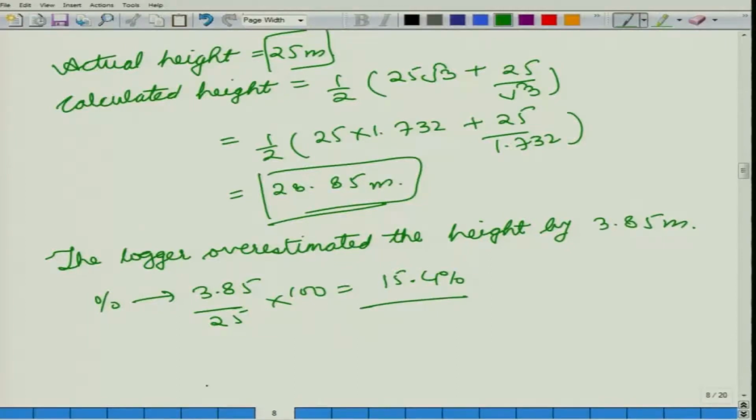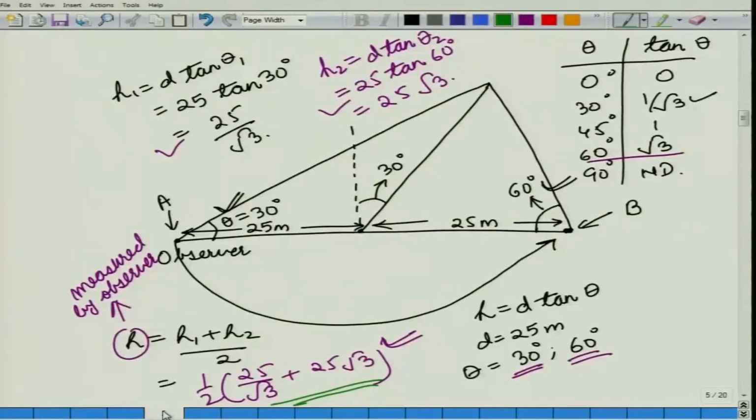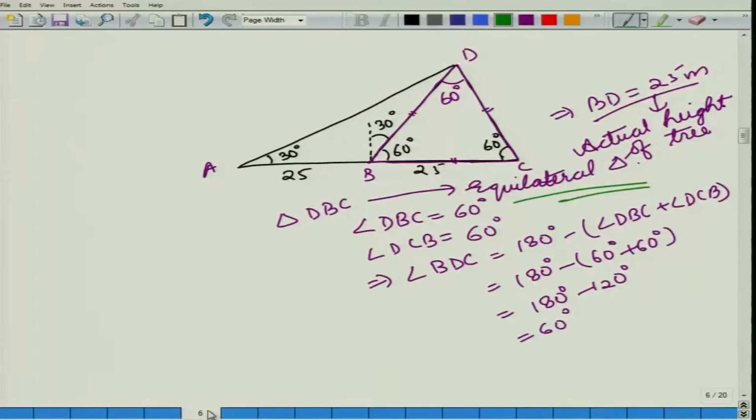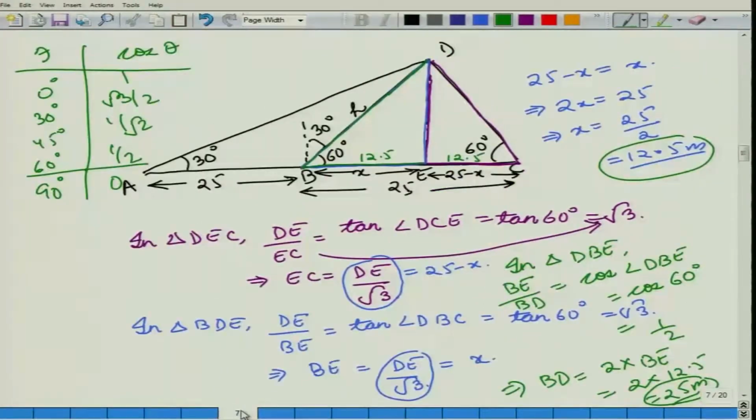So, essentially if you wanted to calculate the height of a tree, you do not have to take the average of these two heights, but you should go either by this method of geometry or the method of trigonometry